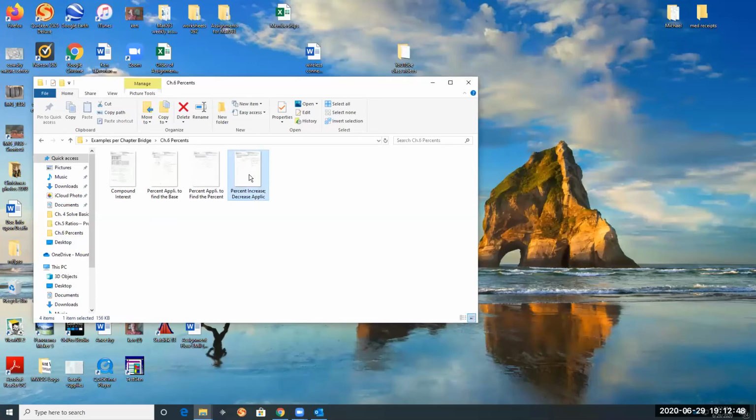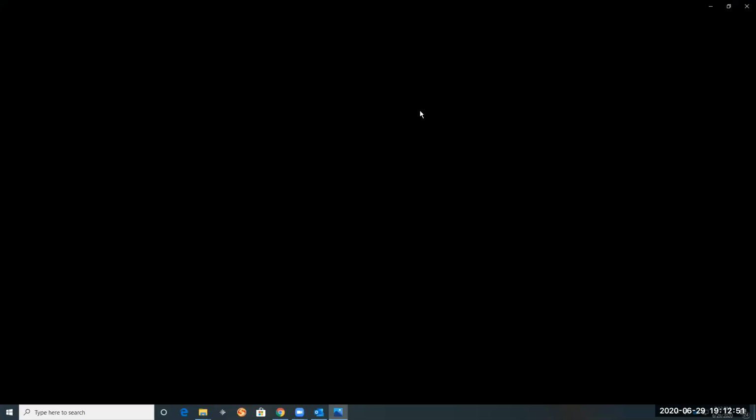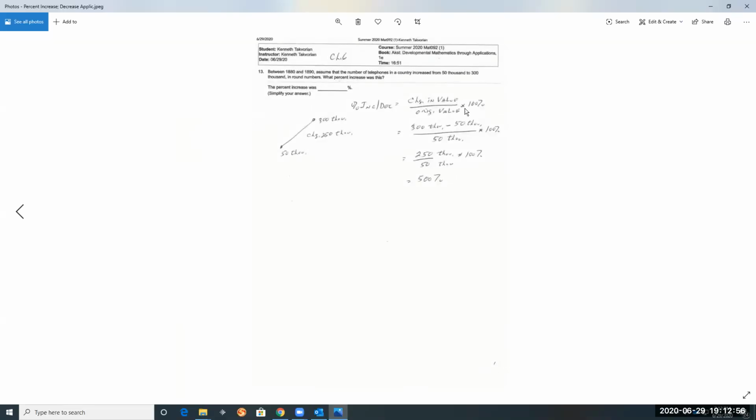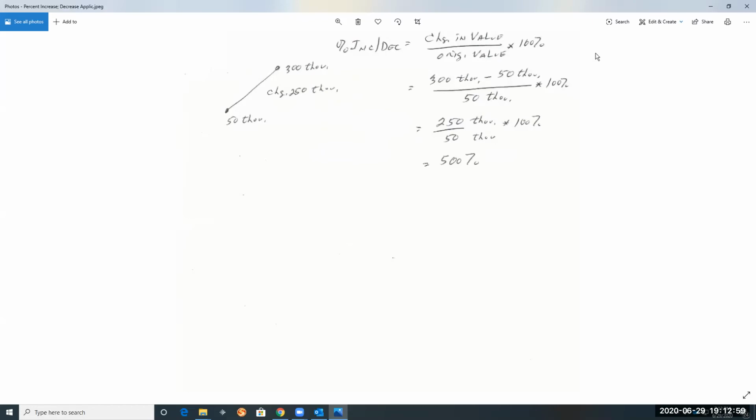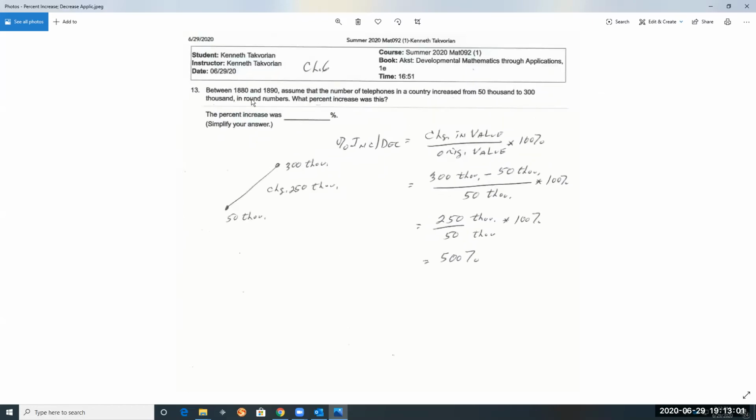Let's look at a percent increase or decrease situation. They're both handled the same way. Between 1880 and 1890, assume the number of telephones in the country increased from 50,000 to 300,000 in round numbers. What percent of increase was this? I made a little picture. We're going from 50,000 to 300,000. The actual change is 250,000